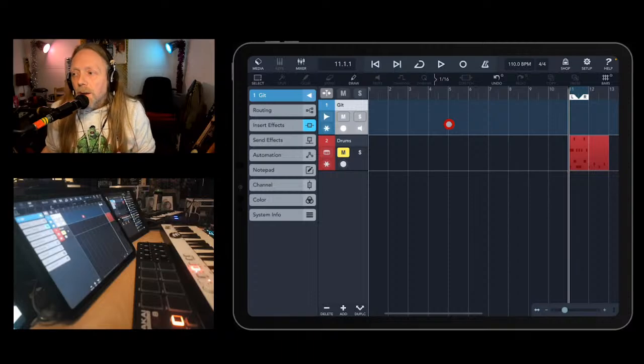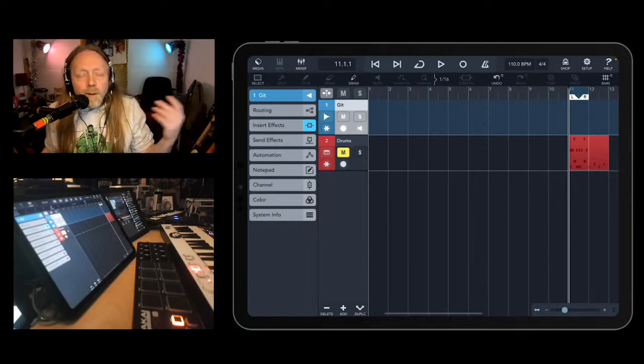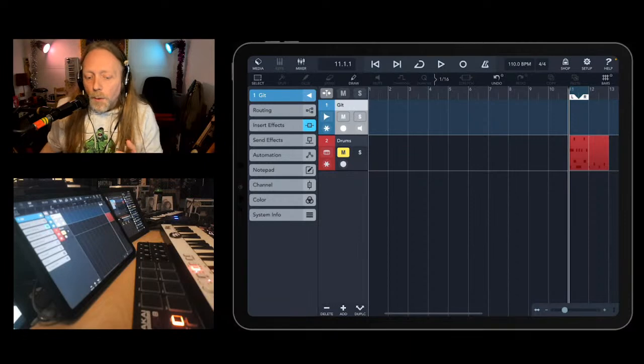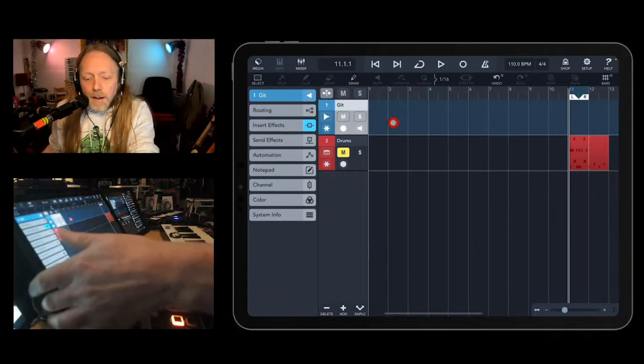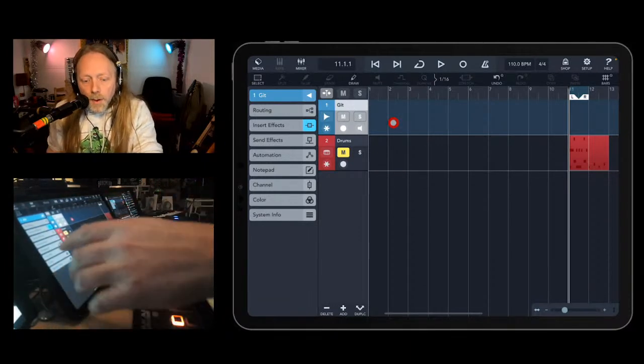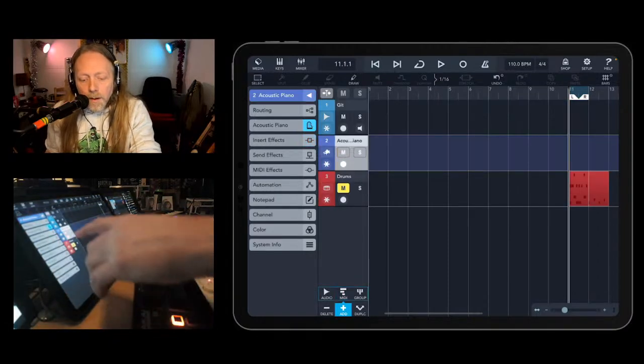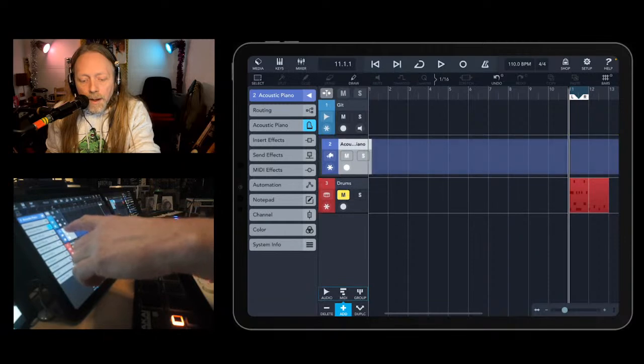We're going to check it out and see if it's any good. But before I do that, I'm going to show you something that I've been asked quite a lot about over the last week, since the last stream really, when I looked at a couple of internal instruments very quickly. So what I'll do is I'm going to add a MIDI track. Now, what I've been asked about is